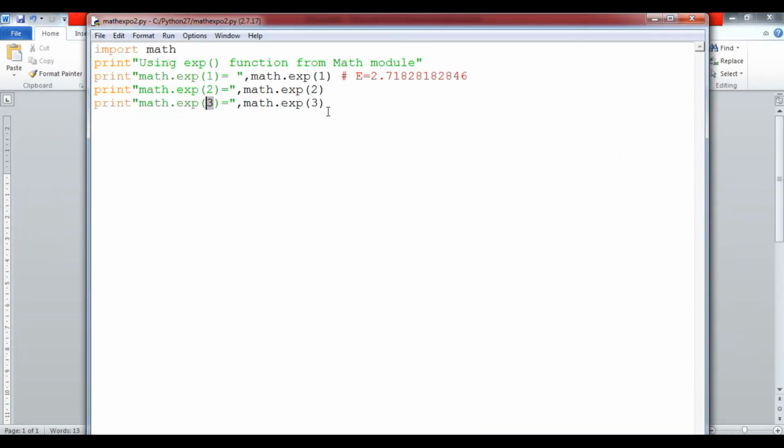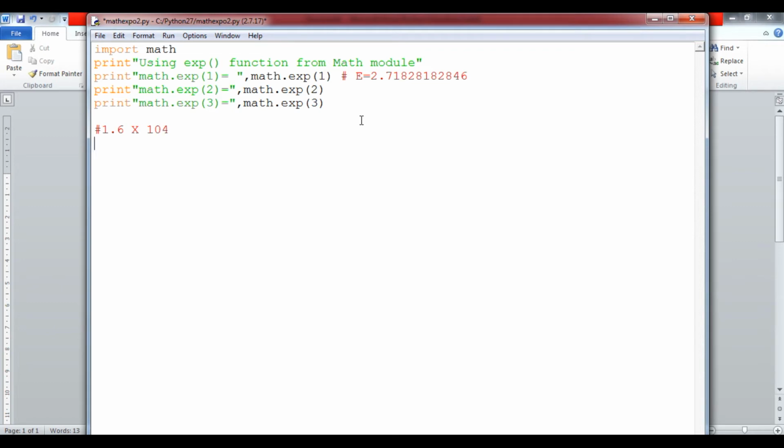In the previous example you learned how to use the exponential function, and now suppose we write a value 1.6 into 10 to the power 4. In this way we will write it, this is power, you can consider.